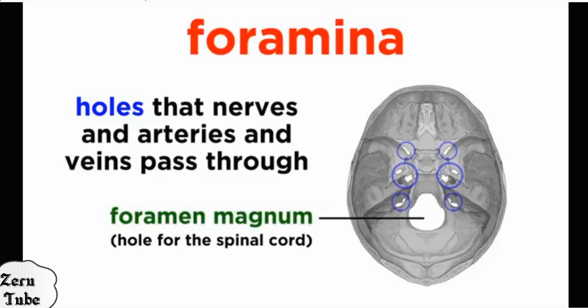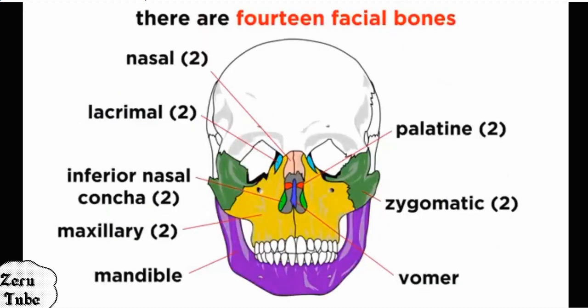So at the base of the skull we can get foramina. Let us see the 14 facial bones. The facial bones are the mandible